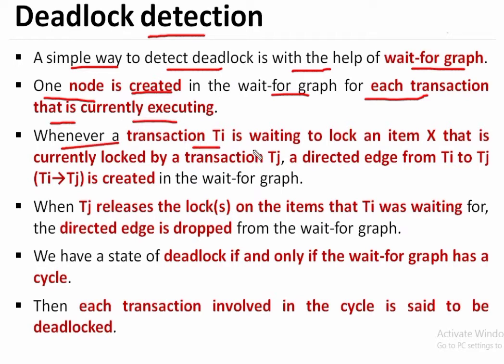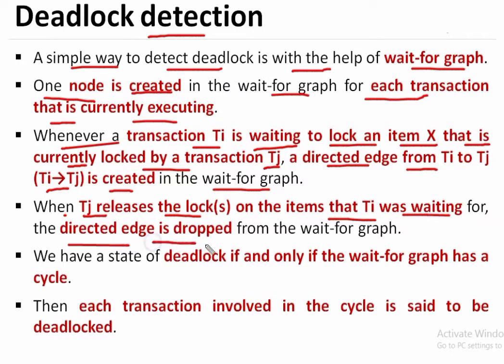Whenever a transaction Ti is waiting to lock an item X that is currently locked by the transaction Tj, a directed edge from Ti to Tj is created in the wait-for graph. When Tj releases the locks on the data item that Ti was waiting for, the directed edge is dropped from